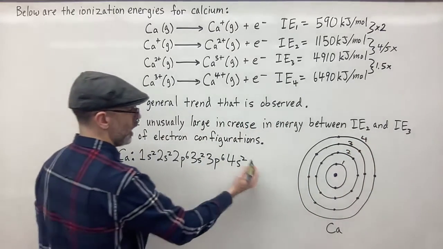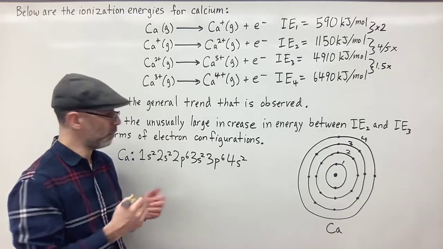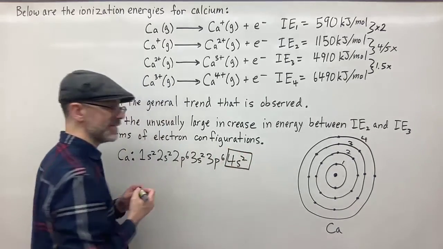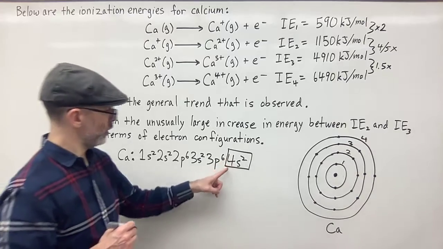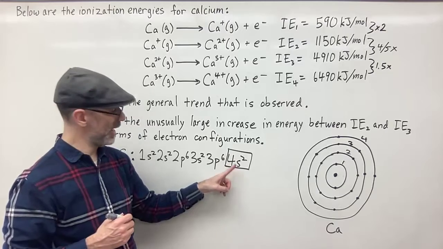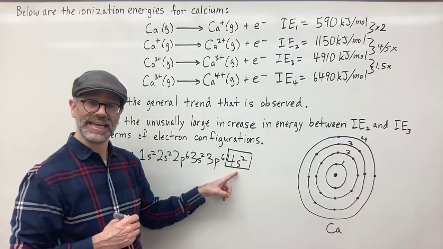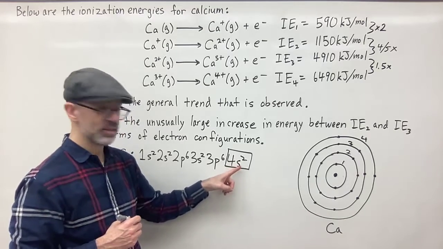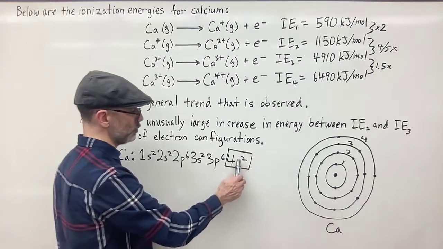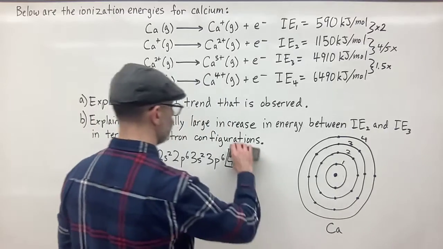So you could see your valence shell is always represented by the largest number. So the largest number is 4. So anything that has a 4 is in the valence shell. So here you have 4s2. So this is in the sublevel s of the fourth energy level, and you've got 2 electrons in this energy level and sublevel. So these would be your valence electrons. So the first 2 electrons that you remove are going to be these. And then when you remove those,